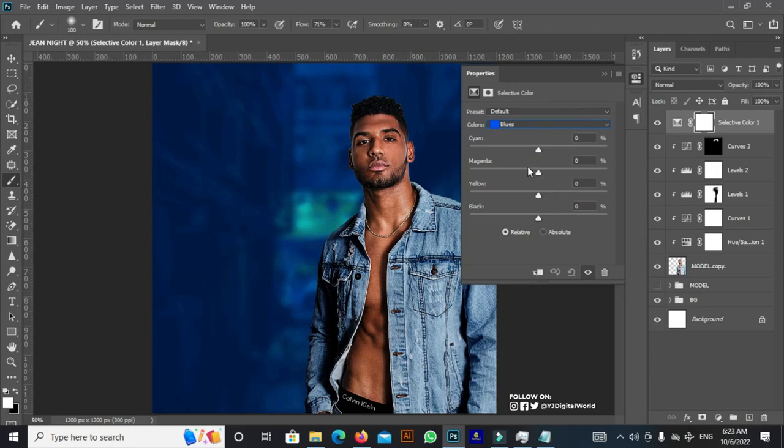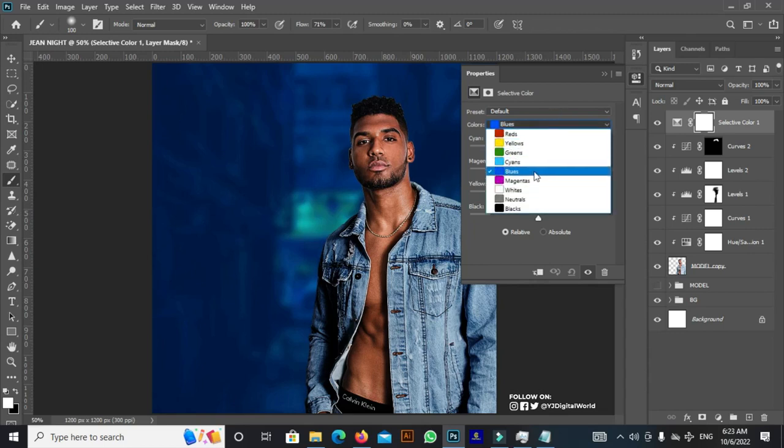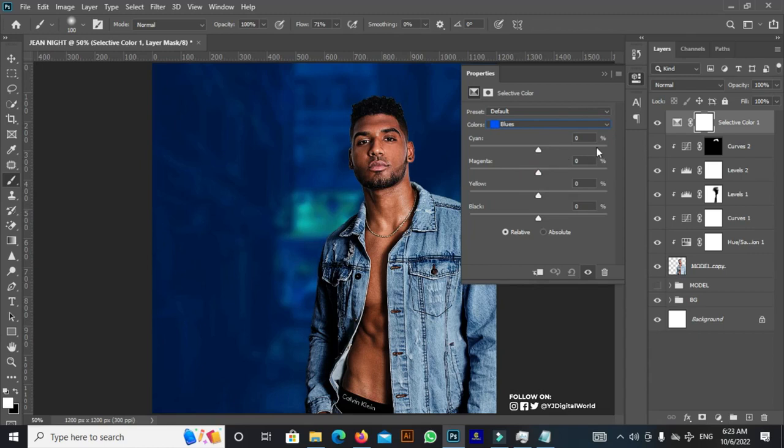If you notice, the selective color panel or the presets has the CMYK color format, while the right hand side has the RGB color format, which is not actually visible, it is not being written. But whenever I want to add more blue, I have to select the blue in the colors. The first here is cyan, the opposite of cyan is red, the opposite of magenta is green, the opposite of yellow here is blue. So for me to gain my blue, I have to slide it this way